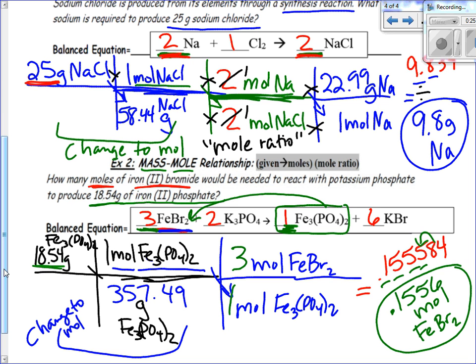And if you notice, the moles of Fe3(PO4)2 cancels with the moles of Fe3(PO4)2, and the grams cancel with the grams. Okay? So what are we left with? Only what we wanted, which was the moles of FeBr2. So, the problems that I assigned you for tonight, though, going over those,